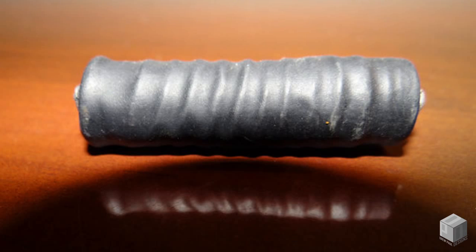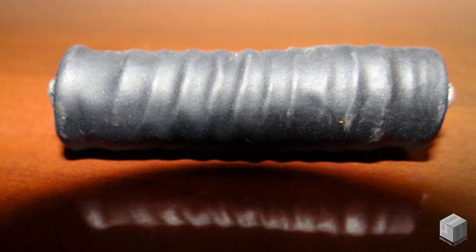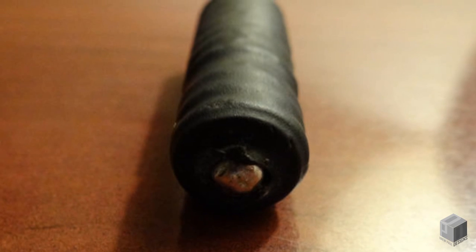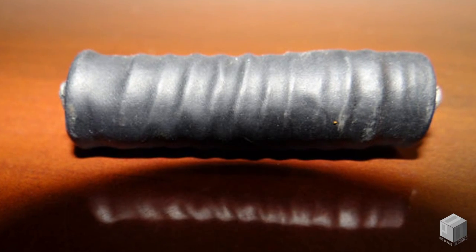If everything's working properly, it's time to use your new battery. Your battery will fit into any standard AA slot and will provide the voltage you need to power all of your favorite gadgets. This homemade battery can power LED flashlights, portable recording devices, your computer mouse, or any other device that requires AA batteries. Now that you can make your own batteries at home, you'll never need to buy expensive